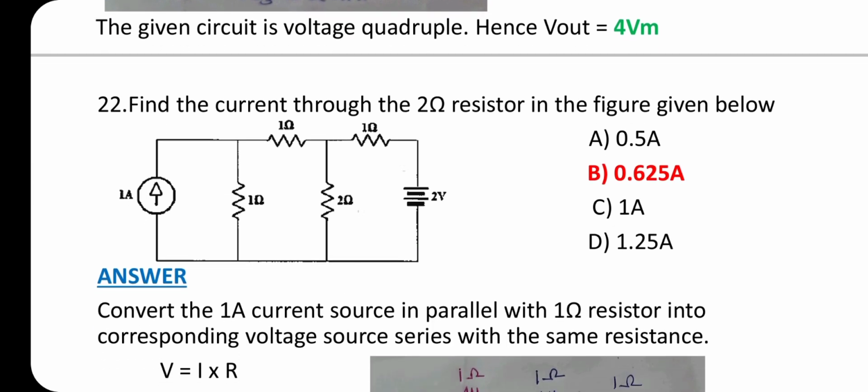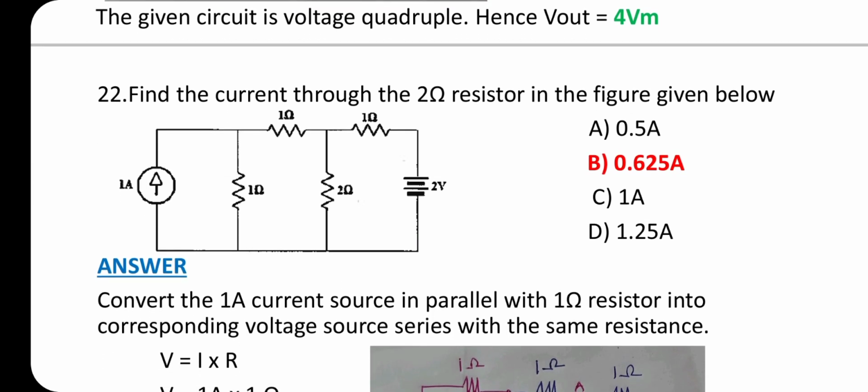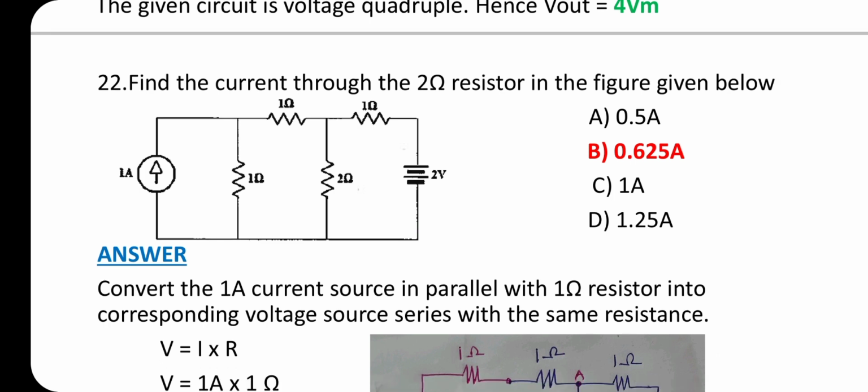The next question is 22. Find the current through the 2 ohm resistor in the given figure. The option is B. 0.625 ampere is the correct answer. From the circuit,